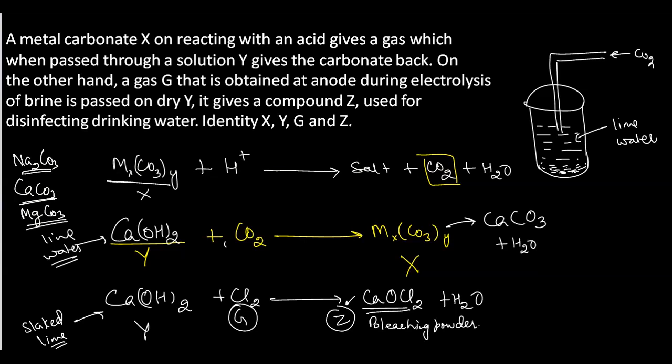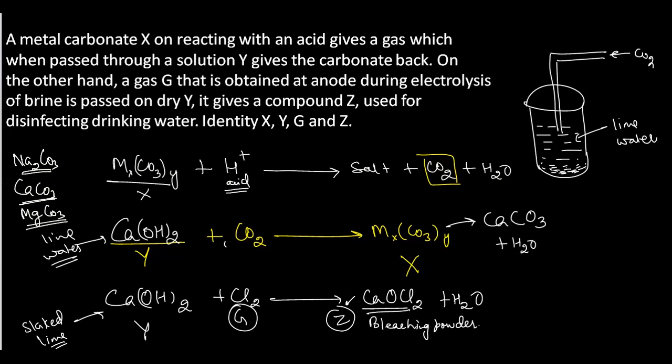Got it, beta? Yes, sir. Okay. Now, when this metal carbonate reacts with acids, it is a general equation: metal carbonate reacts with acid. I'm writing H plus ion instead of acid because all acids dissociate their H plus ions in water. So if it is an acid, it will have the H plus ion. Metal carbonate when reacting with acids forms salt plus carbon dioxide plus water.